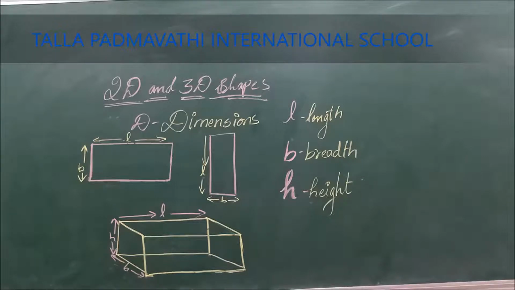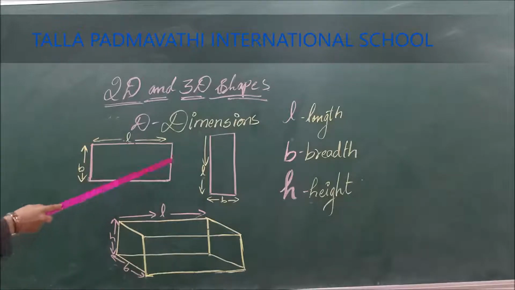So, let us know what is the dimension in 2D and 3D shapes. You can see a shape here. What is the name of the shape? It is a rectangle, and rectangle is a plane shape, as we already know. Why is it called a plane shape and why is it 2D? It is 2D, children, because it has only 2 dimensions. That means it has only length and breadth. The longest part of the rectangle is called length and the shortest is called breadth.